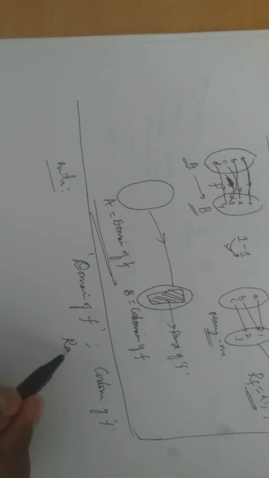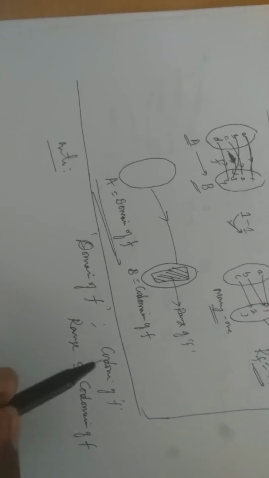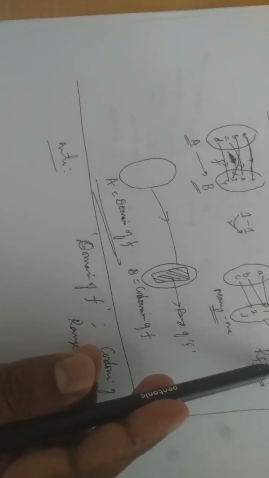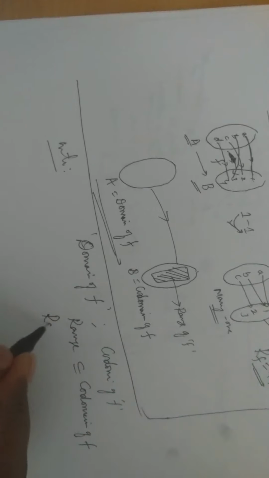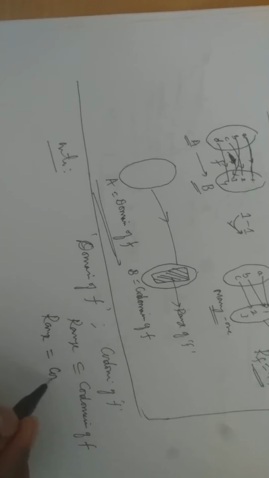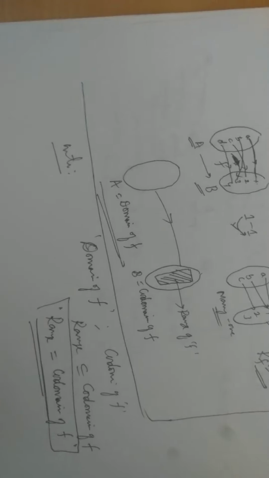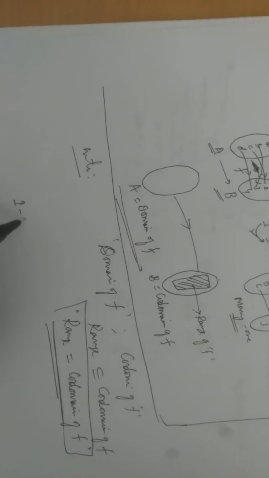Always note that range is contained in the codomain of f. If the range equals the codomain, then we say that f is onto. Is it clear? The range should equal the codomain of the function, then we say that the function is onto. So if the function is both 1-1 and onto,